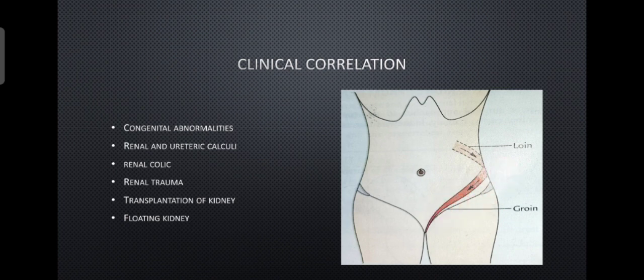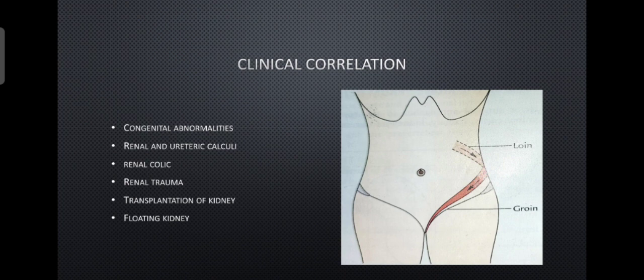Okay, here the pain is caused because afferent fibers pass through the renal plexus and then lower splanchnic nerves, that is the sympathetic outflow, then reach the sympathetic trunk and give its efference to T12, that is the subcostal nerve, and also into the ilioinguinal nerve. Okay, so these regions are supplied by these two nerves, that is the ilioinguinal nerve and the subcostal nerve. Okay, so this pain is elicited in this area.